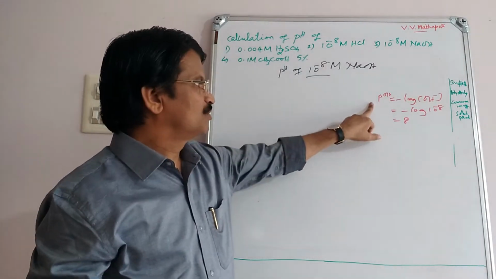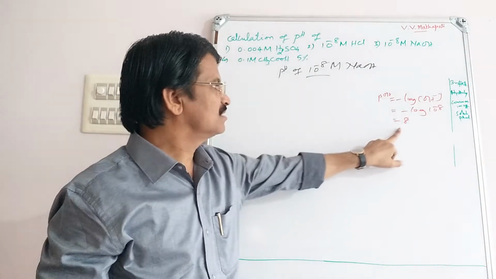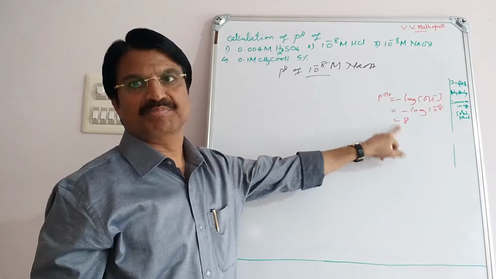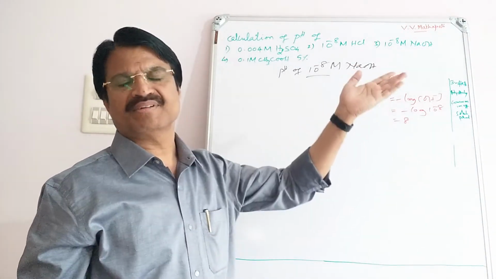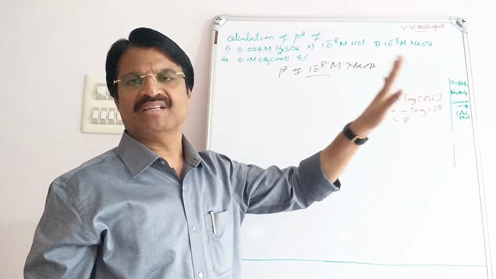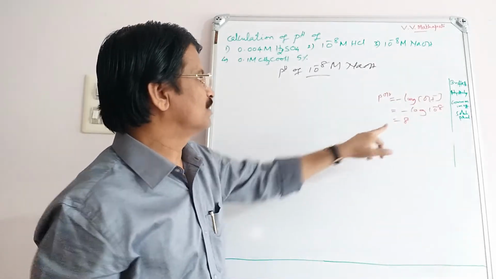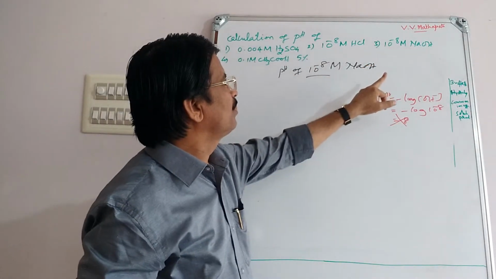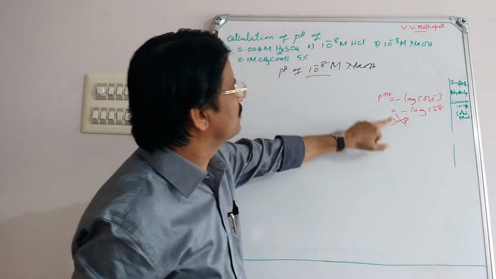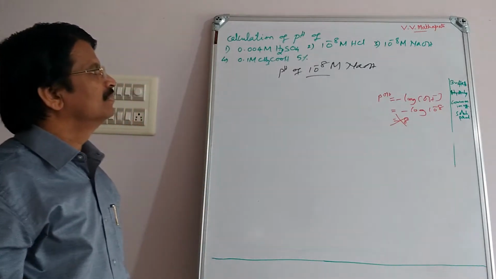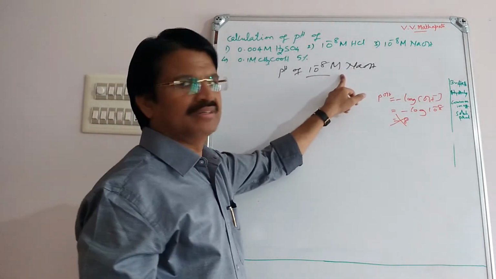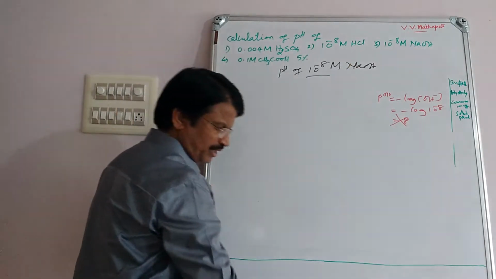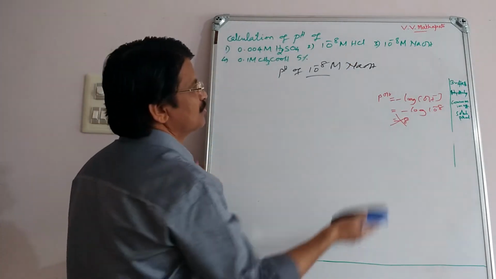And for pOH, if it is 8, more than 7, then it is not a base. pH more than 7 is basic, pH less than 7 is acidic. Therefore it is also wrong. You don't get pOH 8. But you have to find the pH of the solution, and first we calculate the OH ion because it is a base, then convert into pH.